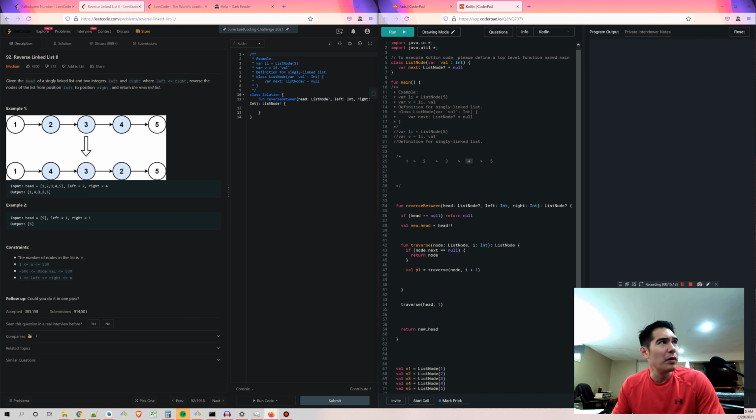We're switching 4, 3, and 2. When 4 returns to 3,